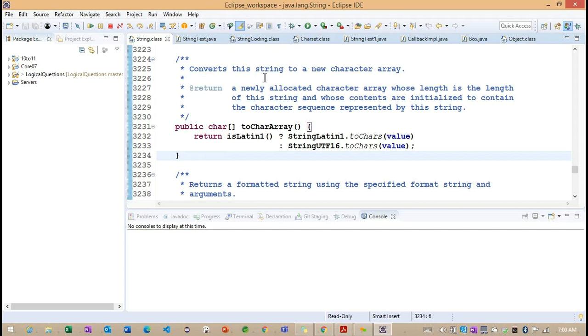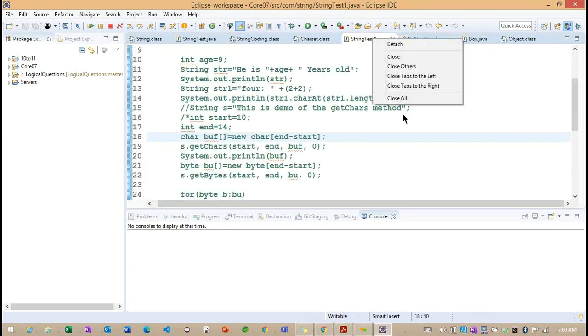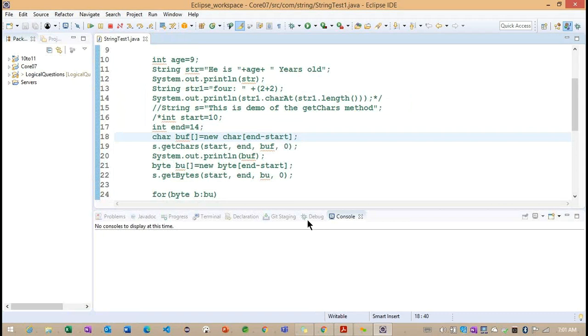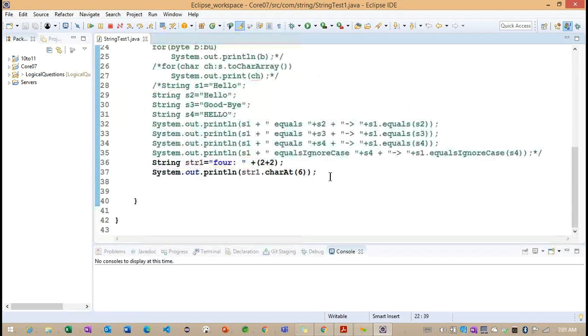So for example, now understand here, let me close other classes. This is our str1. With the help of this str1, observe carefully what I'm trying to write here.